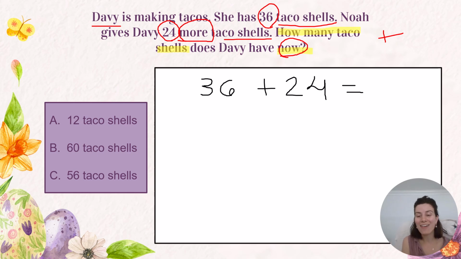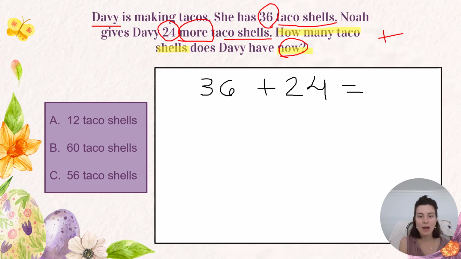All right, guys, now I have to use a strategy to solve. So I can use place value, I can use the number line, I could draw a picture. If all else fails, I could draw 36 circles plus 24 circles. It would take a really long time, but I could do it. I'm going to use place value. You are more than welcome to use a different strategy if you would like, but again, I'm going to use